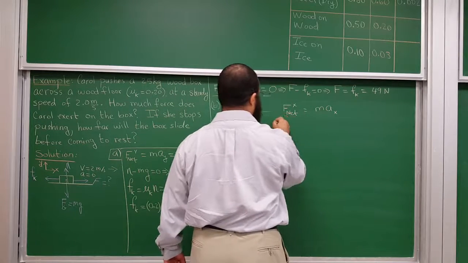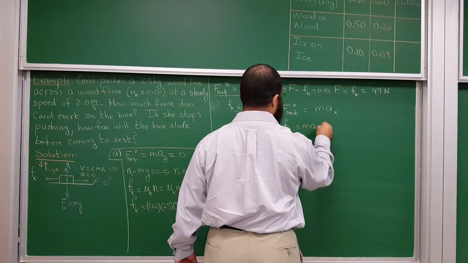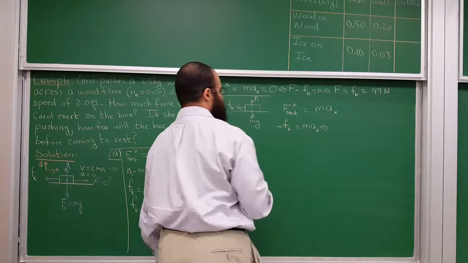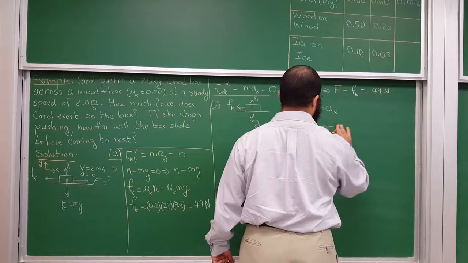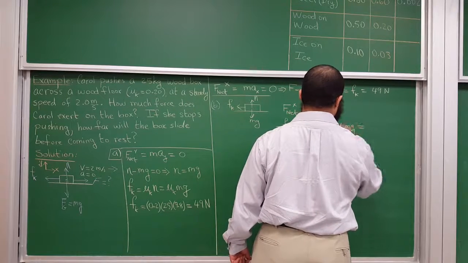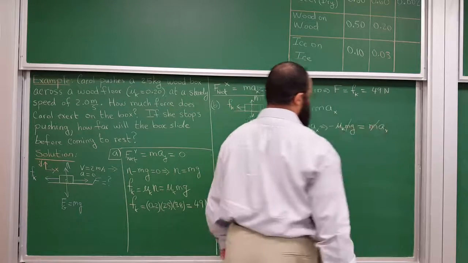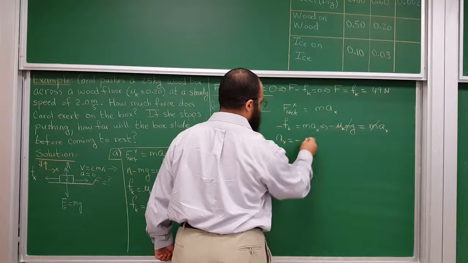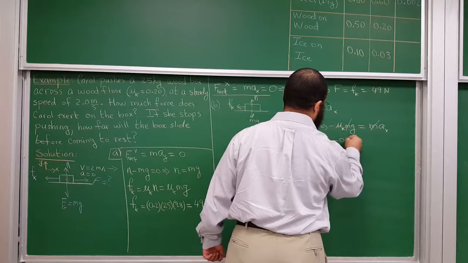So we would say, all right, the net force in the x direction is the force of kinetic friction, and that's equal to ma in the x direction. And so for the force of kinetic friction I have to put a minus sign here because it's negative. So you have minus mu k mg, and that's equal to ma, the acceleration in the x direction. So the mass cancels, and that means the acceleration in the x direction will equal negative mu k times g, and so that is negative 0.2 times